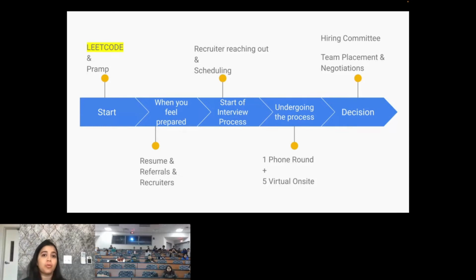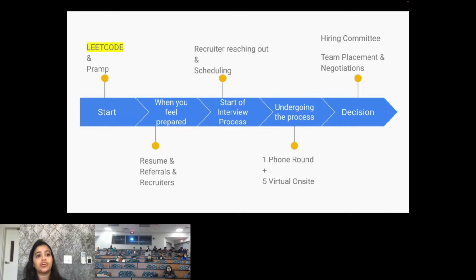PRAMP is one website I found really helpful, which you don't have to pay to give a mock interview. I know some other websites ask you for a certain amount of dollars to set up a mock interview. But PRAMP is like give and take. You take someone's mock interview and you gain a mock interview from that person. So it's a both way thing, which is really beneficial because you now know how to take interviews and you know what the other person is expecting. When you're taking an interview, you know what you want to hear. So when you're giving the interview, you will also know what you want to say. So that's a really good website you can take advantage of.